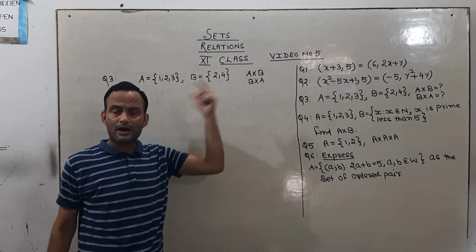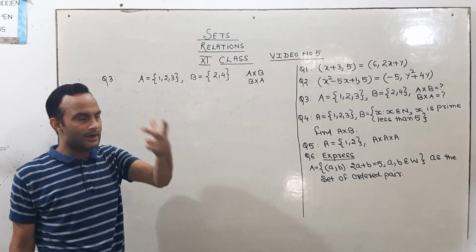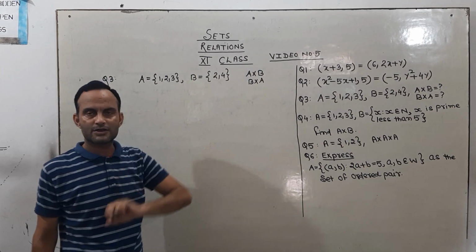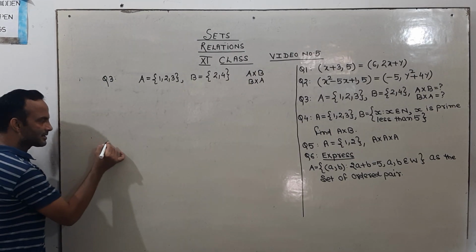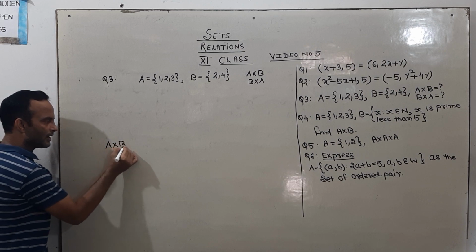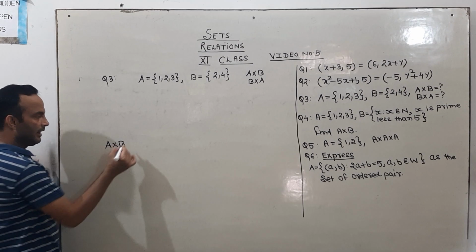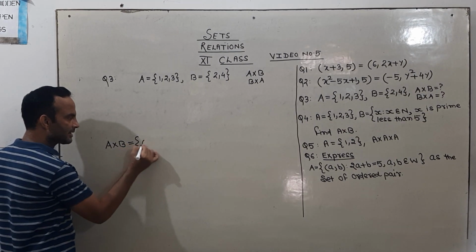A और B का कार्टेशियन प्रोडक्ट निकाल लीजिए, उसका जस्ट उल्टा कर दीजिए, ये निकल कर आ जाएगा the Cartesian product between B and A. My dear student, we have already discussed that what is the meaning of Cartesian product between A and B. It means what? It means x comma y.